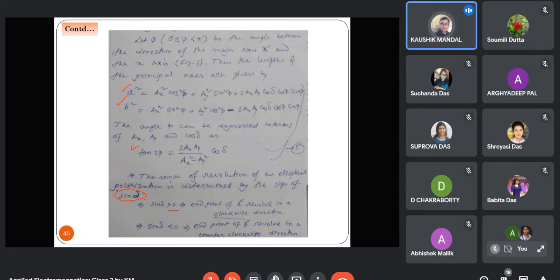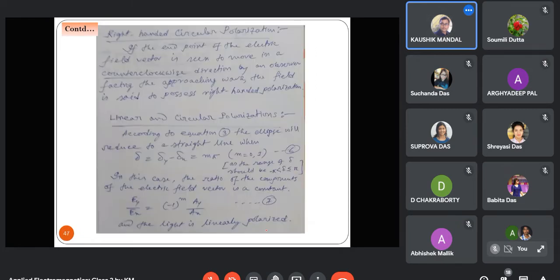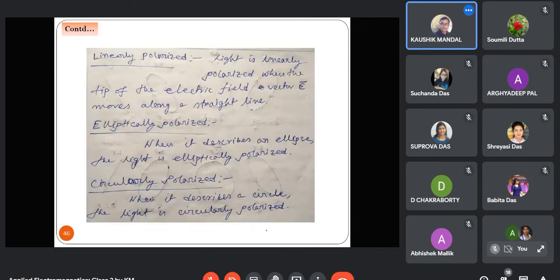Now with this set of equation number 3, 4 and 5, we have to define different types of polarization, that is linear, circular, and their corresponding sense of polarization, that is LACP and RACP. Okay. So simply how we can define the linear polarization, I have already mentioned that linear polarization means